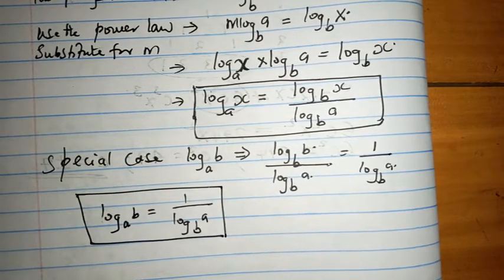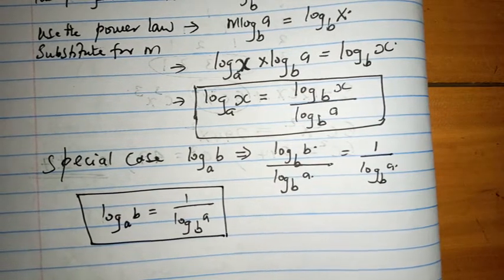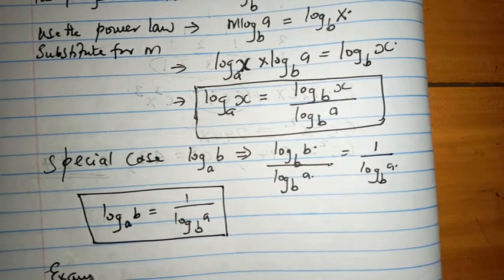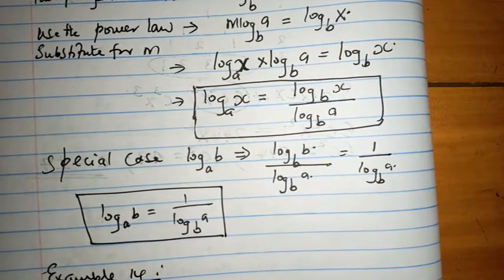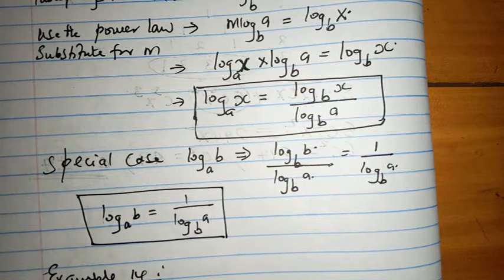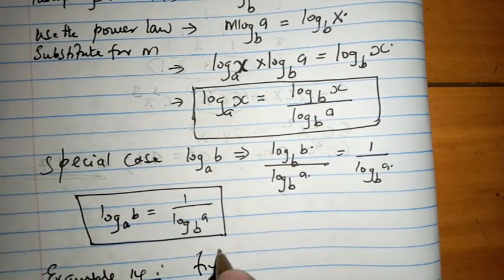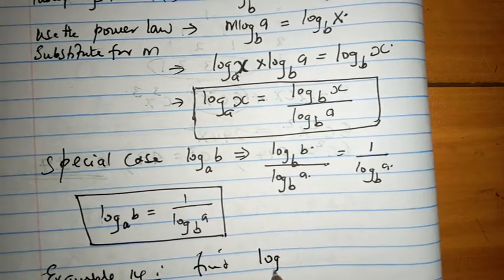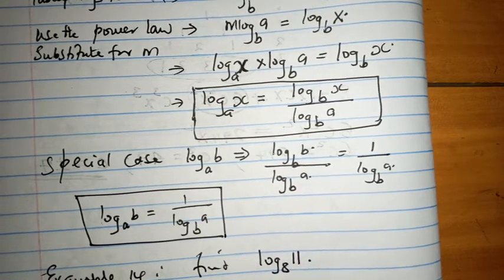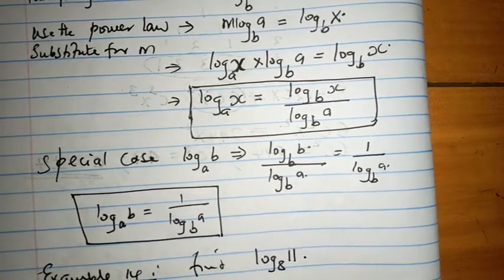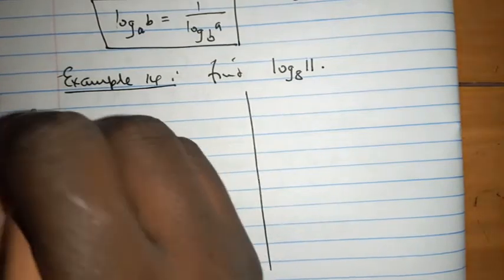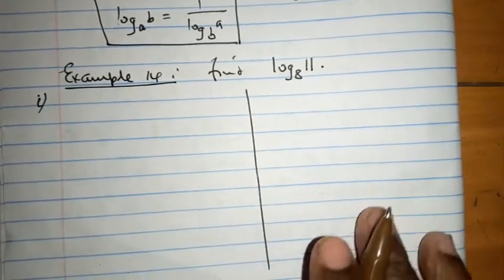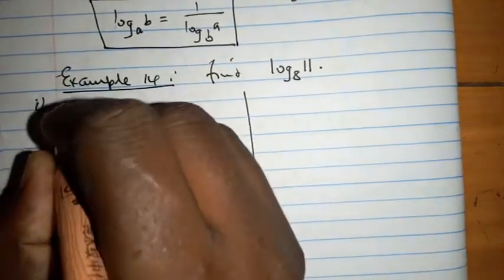Having said that, we go straight to example 14. Let's talk about example 14, whereby we find, to three significant figures, log to base 8 of 11. We are going to give this question two approaches. In approach 1, we are going to change the base, introducing